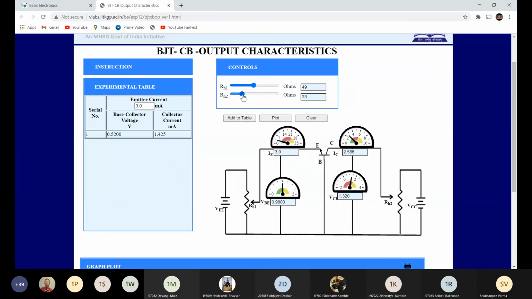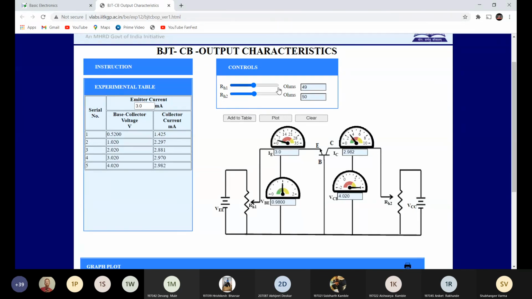And then we are going to make it 1 volt. Then 2 volt. Then next 3 volt. Four volt.